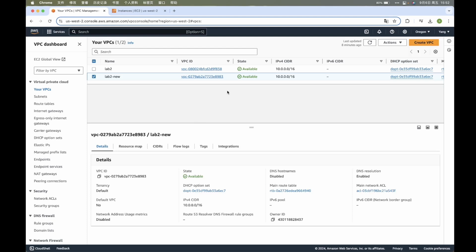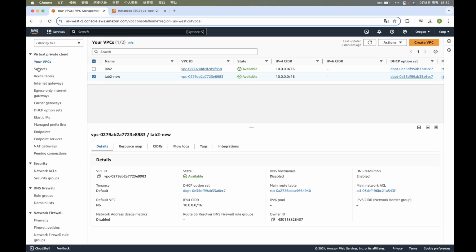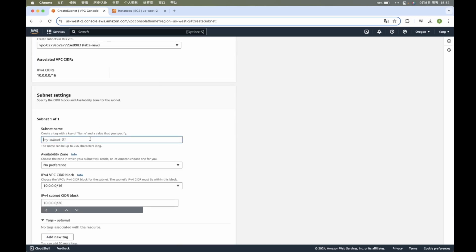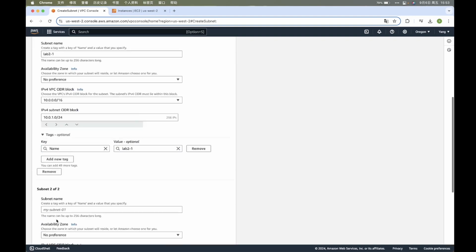After we create a VPC, we will need to create 4 subnets. Then go to the subnets here, and we create a subnet. We select the VPC that we just created. Here I will select the LAB2-new, and then a subnet name like LAB2-1 and set it to 10.0.1.0/24, and then we can add